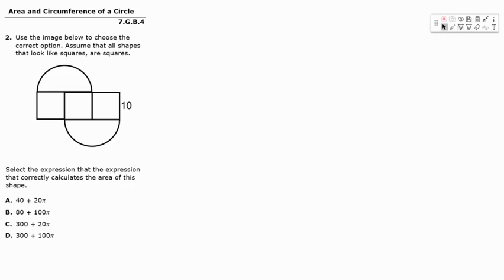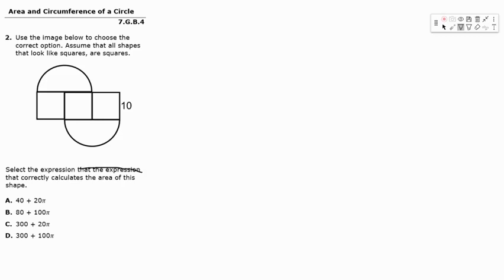Use the image below to choose the correct option. Assume that all shapes that look like squares are squares. Select the expression that correctly calculates the area of this shape. Well, clearly you have found the typo, but we want to select the expression that correctly calculates the area of